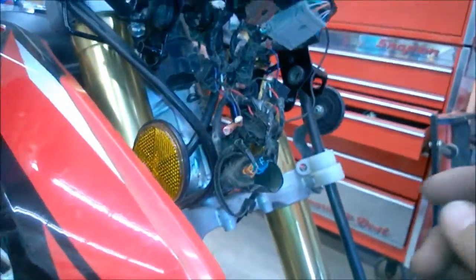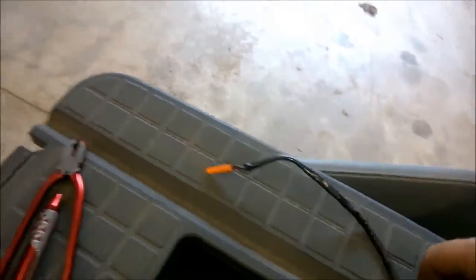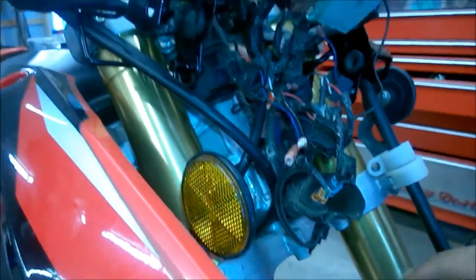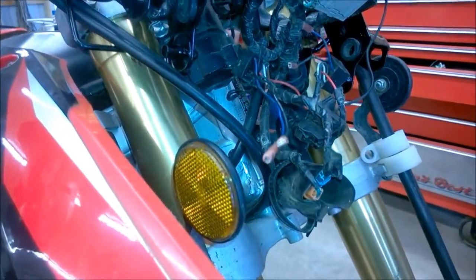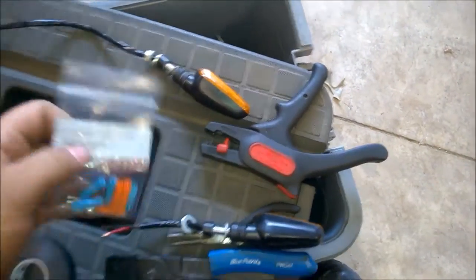So what I'm doing here is, you can see over here, this one is already done. So you see the way this will work. This will come up through there, come back, and I'm going to end up putting right here the factory style connection up here. That way I'll be able to plug right into that. And same with here. And then the way you do this is I got all my terminals from